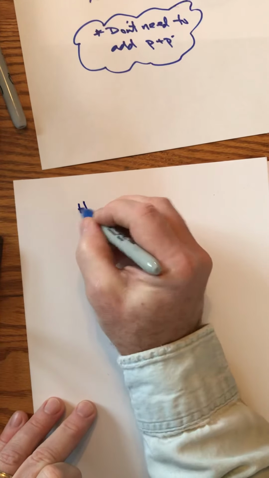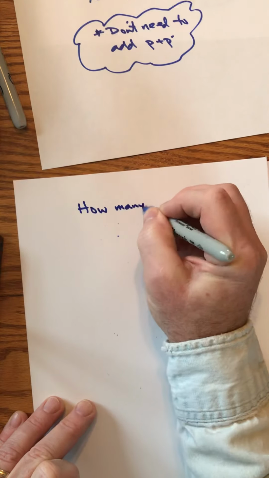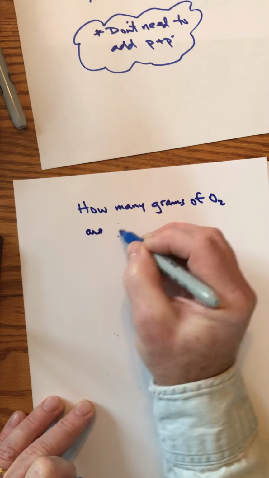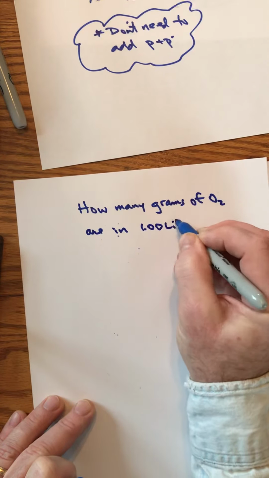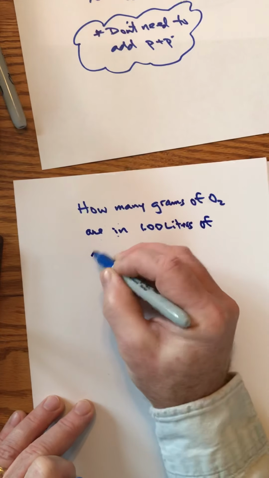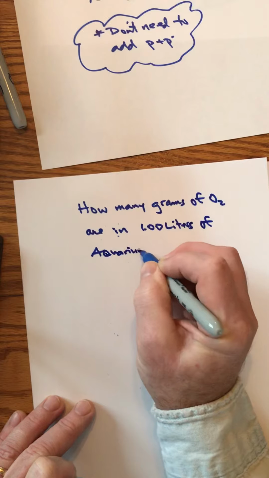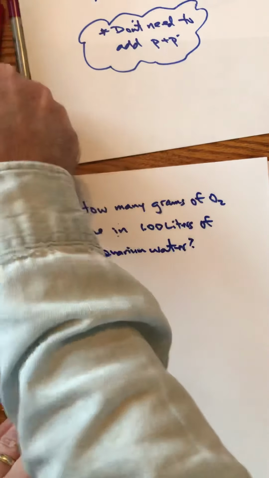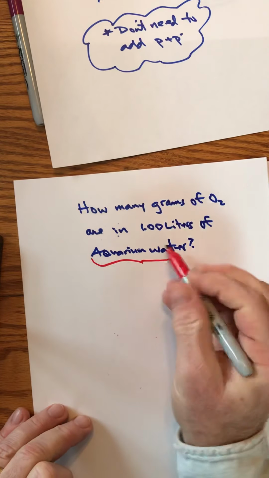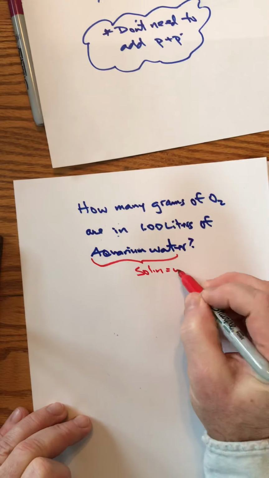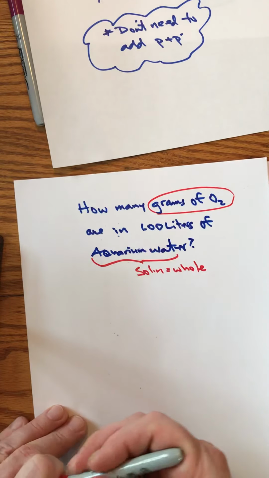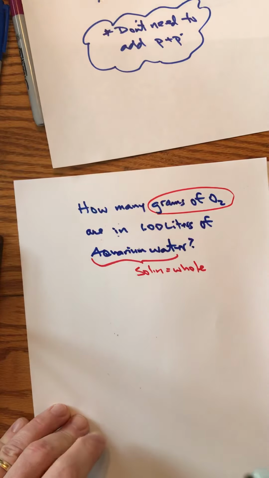So if I said how many grams of oxygen are in 1 liter of aquarium water? Well, the aquarium water, that's your solution. That's the whole. You're looking for grams of oxygen. But they started you off with liters of water, which is kind of goofy, but I did that intentionally because